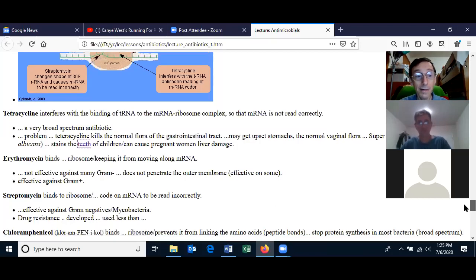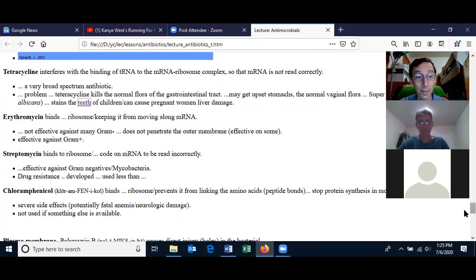Okay, streptomycin was an antibiotic that was very common. Actually, erythromycin was also very common when I was a child. Both of these antibiotics aren't used as much as they used to be because of the development of drug resistance. But streptomycin still is effective against many species of mycobacteria, so it is a drug of choice.